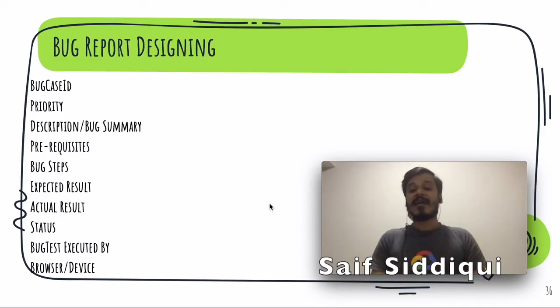And in the end, we are also going to write any browser or device. Basically we are writing these so that we can narrow down the issue that is coming on any particular device or browser. For example, on Chrome browser the issue is happening, but on Firefox the issue is not happening. So in order to narrow down our root cause analysis, we are writing on which browser it is reproducible easily, or maybe on which browser it is happening every time. We are going to write that thing.